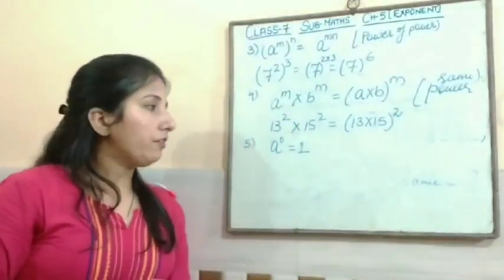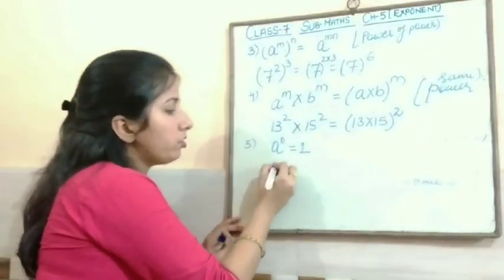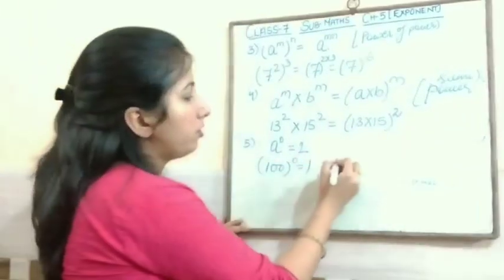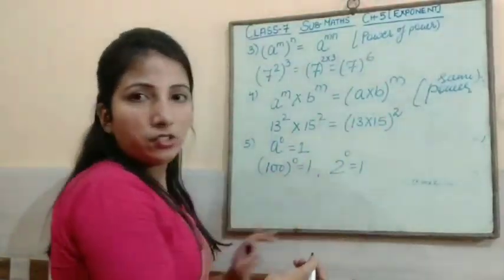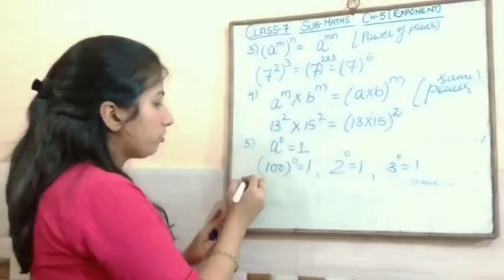Fifth law is, if any number's power is 0, then the value will be equal to 1. Suppose this is 100 raised to the power 0, then the answer will be 1. 2 raised to the power 0, answer 1. 3 raised to the power 0, value 1. Sixth law is